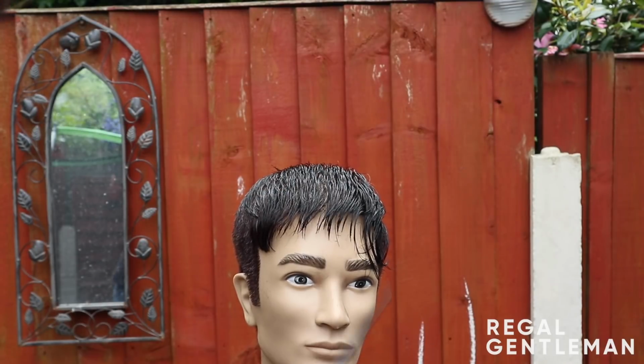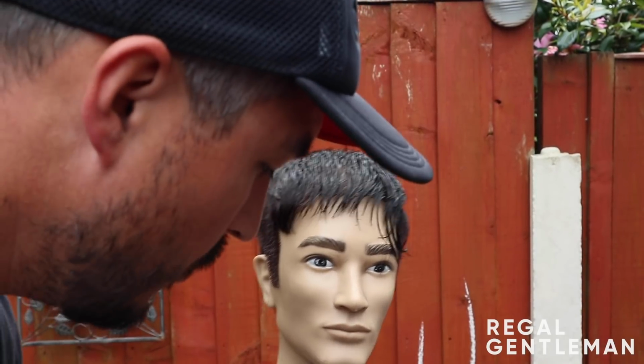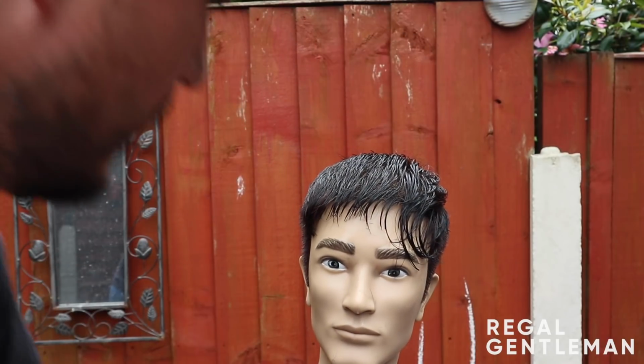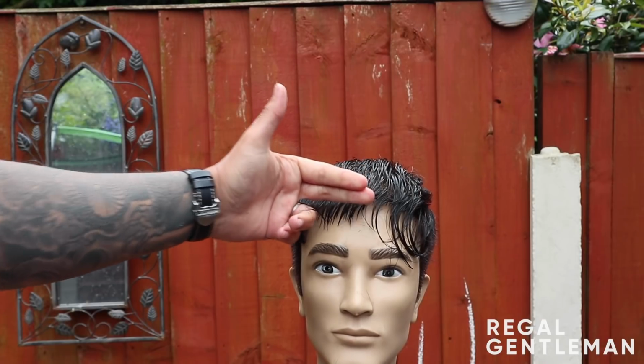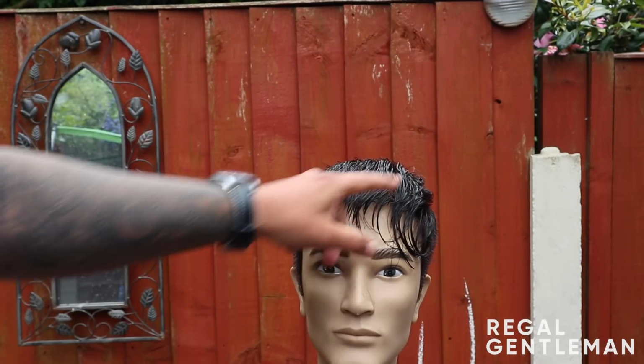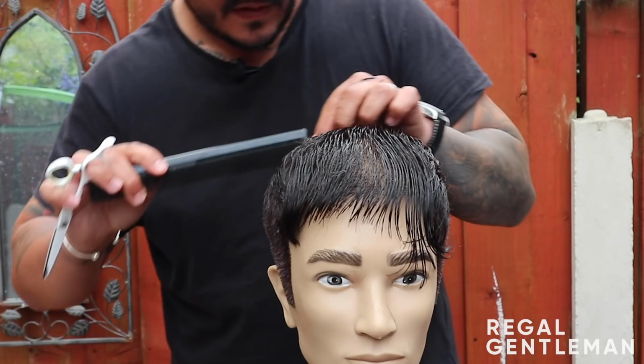When you watch any of the videos that we do, and we do an over direction at the front, we keep all the length on the fringe. But as you can see, when you bring your fingers forward and you angle them following the shape of the head, you cut the fringe short. It's all the same length going towards the back as well. So same thing again,